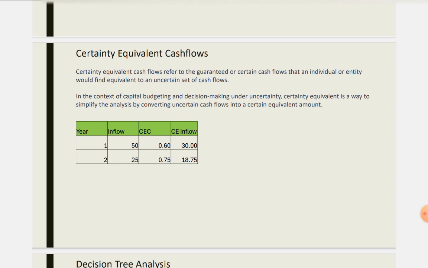So instead of having a CE cash flow or a CE coefficient, you can just adjust your discount rate to reflect that risk as well. So if your cost of capital normally is about 10% and you're going to take an extremely or excessively risky project, then you can say, well, for this project I'm going to calculate 15%, and that would factor in the additional risk, and you can directly discount your cash inflows to present value using the risk adjusted discount rate. So those are two techniques: certainty equivalent cash flows and risk adjusted discount rate.